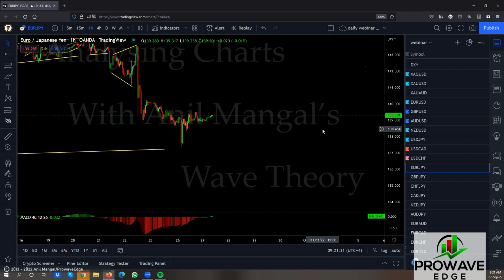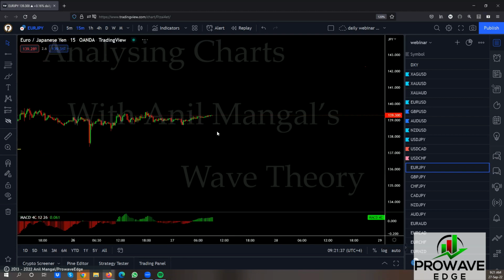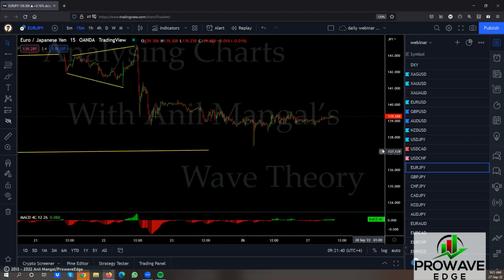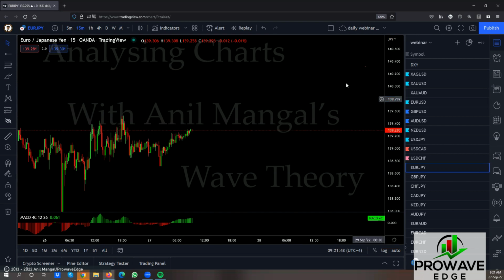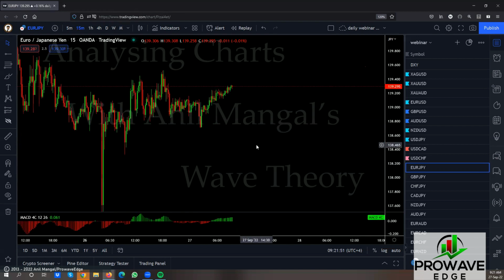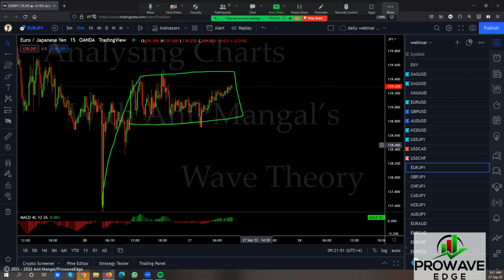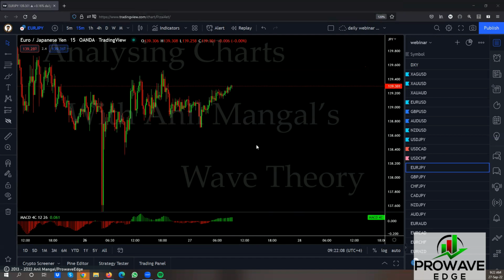It could still be, but I don't think so. I think this might have finished already because you're kind of making a correction at the top there. Yeah, we're kind of making a correction at the top here. If you take this as the first impulse up, then all of this would be a correction in this range. So this would have to probably come back here, and then we look for the buy setup. Come back to the bottom here, and then we look for the buy setup. Because I'm looking at a 1, 2, 3, and then you have a 1, 2, 3. Come back down and then look for the buy.